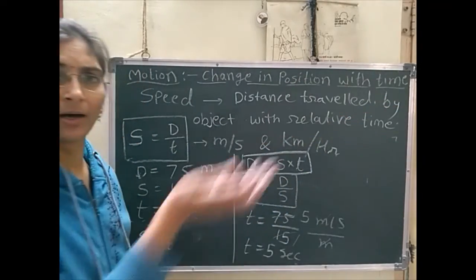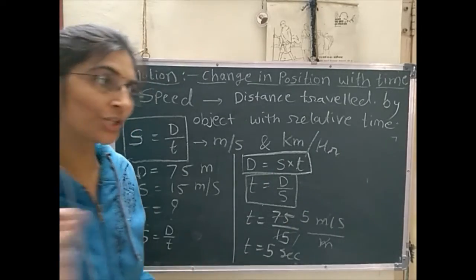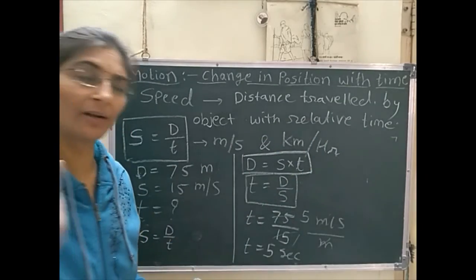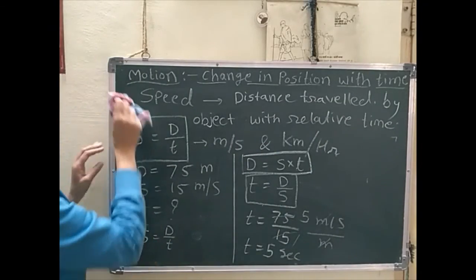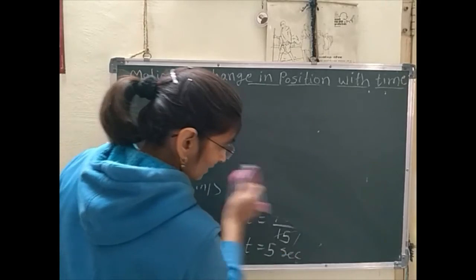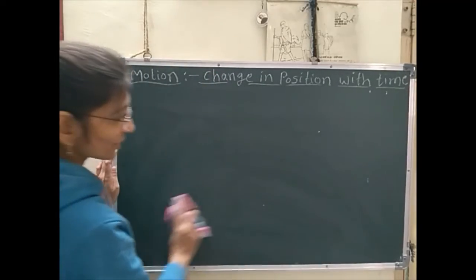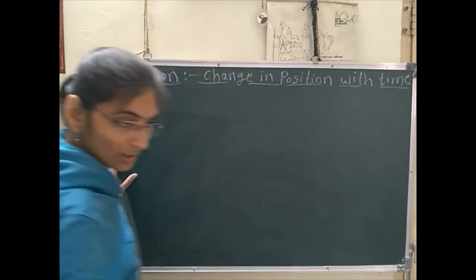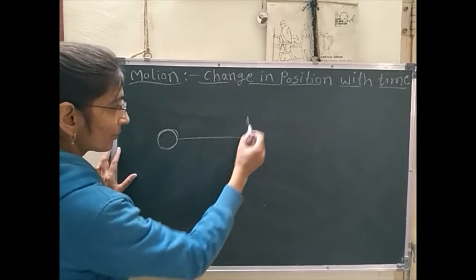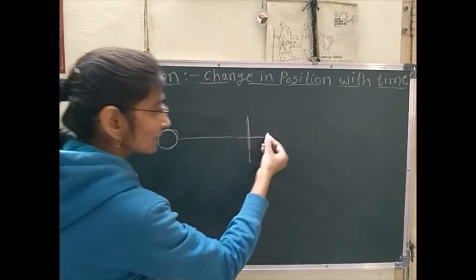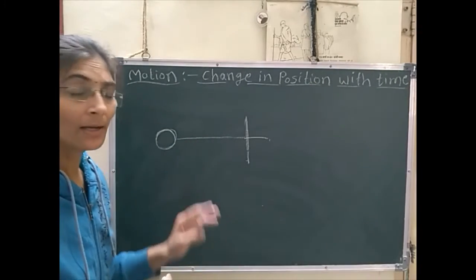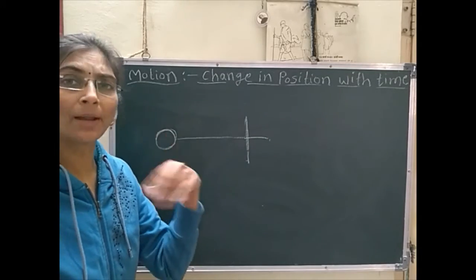We can calculate the speed of the ball. If we push the ball at one place, then every time it will take a different time. In this manner we can make a chart, which is also given in our textbook. We can make the chart for the different time durations traveled by the ball. Suppose we push one ball up to this line and it will cross this line; what time will it take to cross that line? At different times we will apply different force.